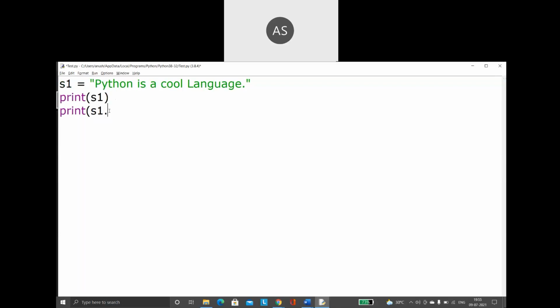So I'm going to say s1.startswith("Python"). I am checking whether the starting of the string is Python or not. If I run this, see what my output is going to be.